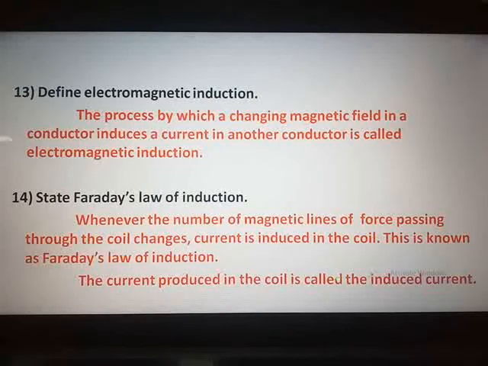So we will wind up with today's session. Today we have completed the discussion of all the textual questions for this chapter, and also the additional questions are provided. In the next session, the 4 numerical examples, textual numericals which are remaining, first I will take up that. Then I will see if there are any activities to be discussed for this chapter. Otherwise, we will start with a new chapter, chapter number 5, heat.